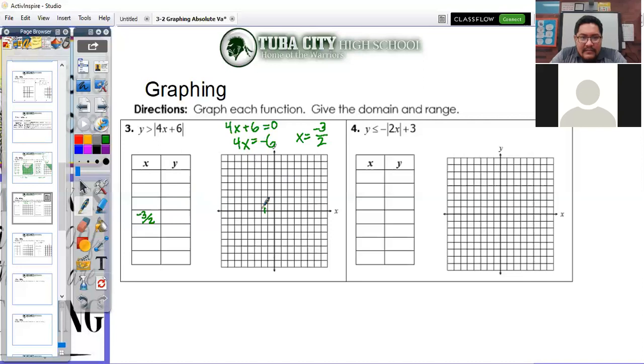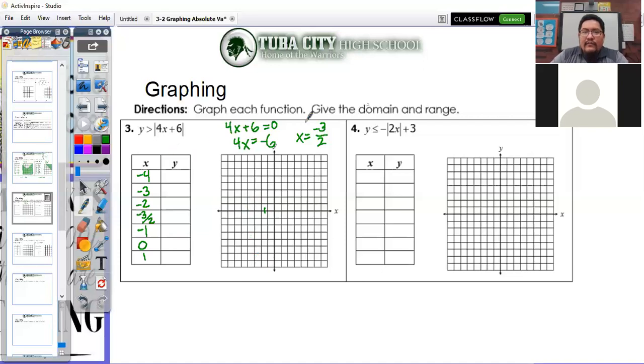Oh yeah, we've got to pick some numbers below this. So if I go down 1, that would be -2. So -2, -3, -4. And then starting from the vertex, I'm going to go up. So the next number would be -1, and then 0, and then +1. Now let's go ahead and start